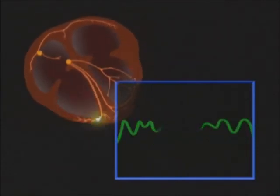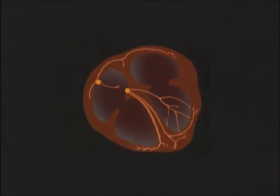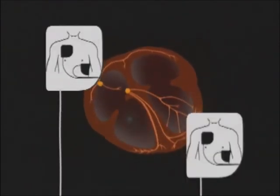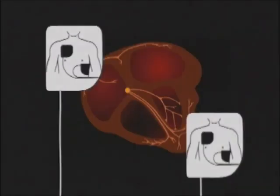When there is no pulse, one way to halt VFib and restore normal electrical activity is with an electrical shock known as defibrillation. The shock stops the heart for an instant and allows it to